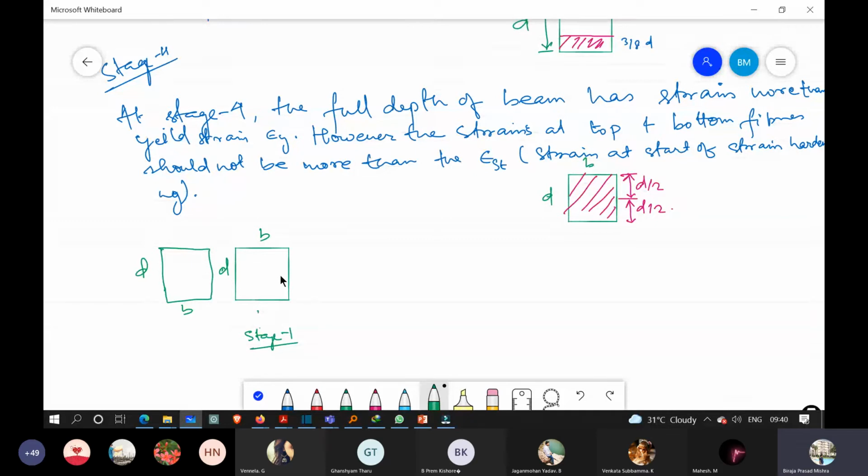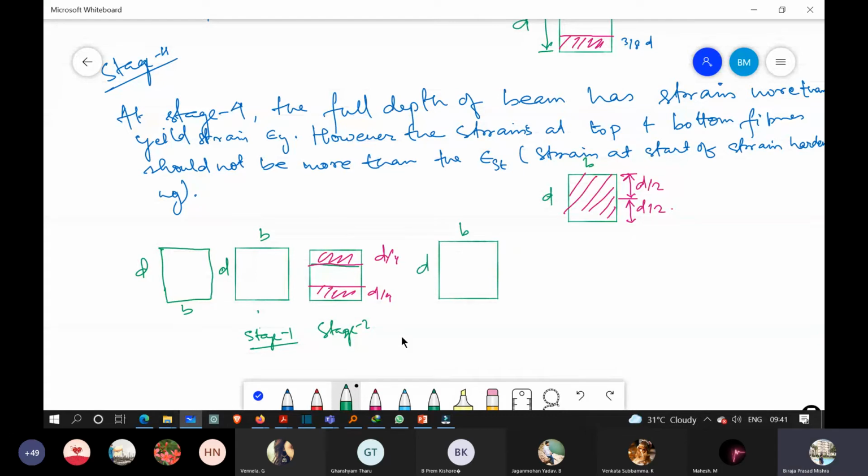At stage 2 we have D by 4, and this is stage 2. At stage 3 again we have,